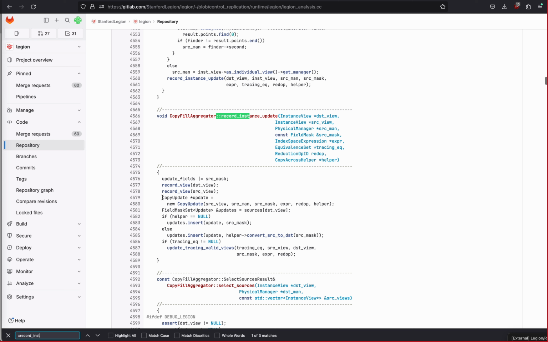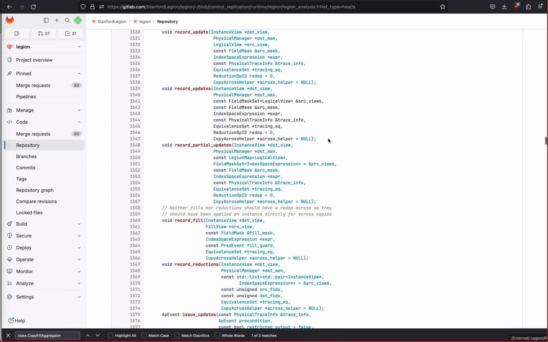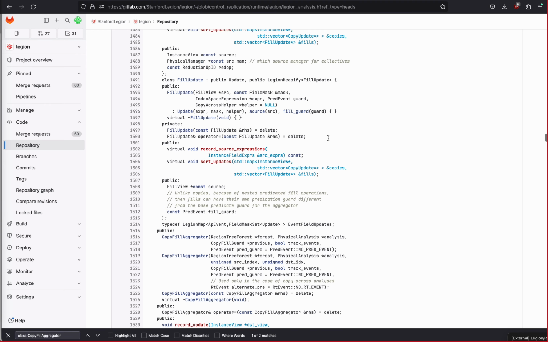Which is effectively, it makes one of these copy update objects inside of this CopyFill aggregator, right? And it stores it in this updates data structure that's storing the names of all the copies that we're going to need to perform. And if we go look at the CopyFill aggregator class, well, first off,